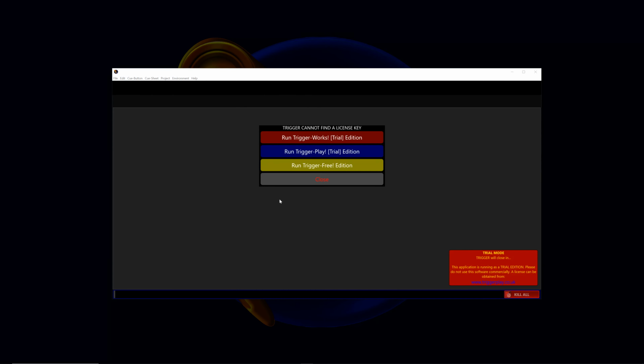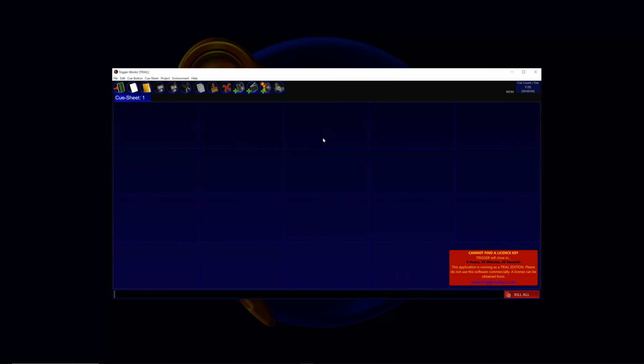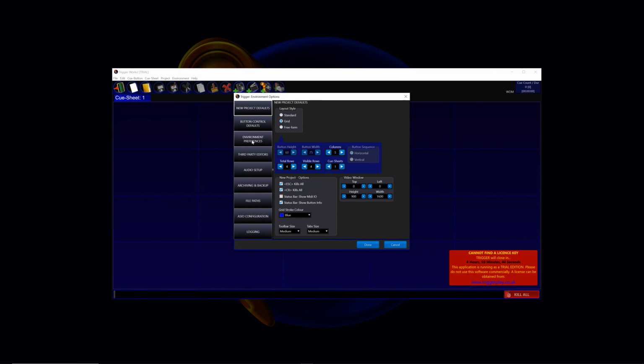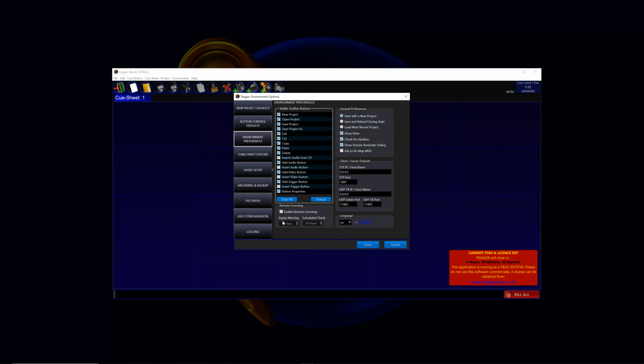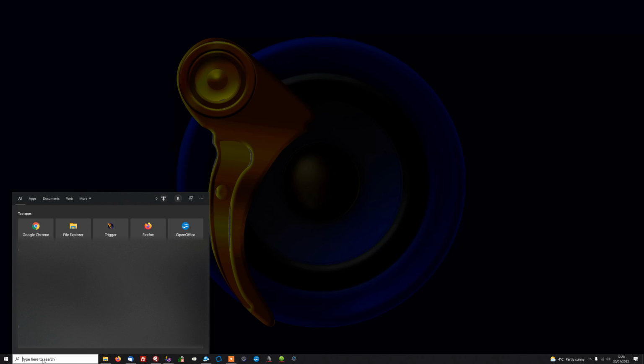Now you'll notice when Trigger runs we still get the dialog box telling us that Trigger is not licensed. So we'll run TriggerWorks in trial mode like this for now, and then we go to the environments options page and we select environment preferences, and down the bottom here you need to tick enable remote licensing. We'll click done to that and close Trigger down, and now we'll run Trigger again